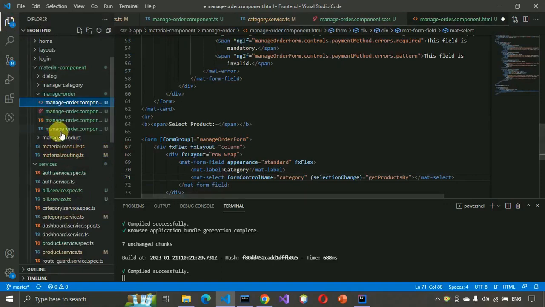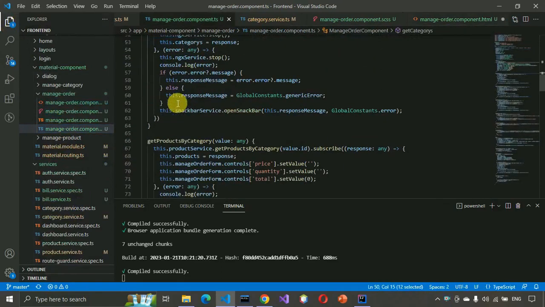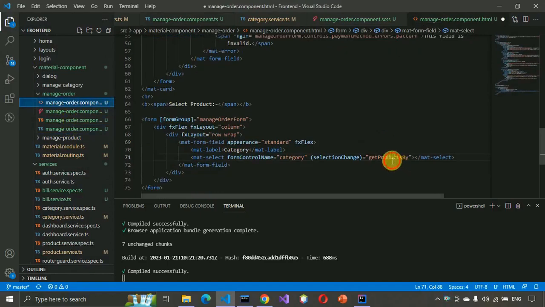Let me show you which method we are going to call. So whenever the page loads we are going to call this method, get product by category. So this method we need to call. So whenever any category changes, just paste it over here, and here we have to pass the value from the element. So event,